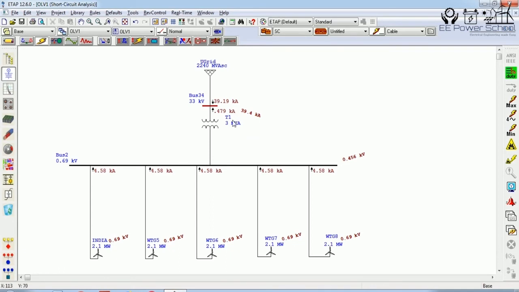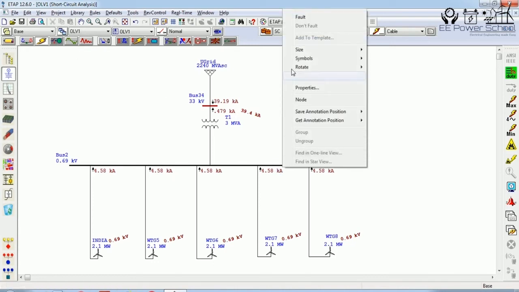That is, it is the sum of the short circuit current coming from the grid side and from the wind turbine generators.